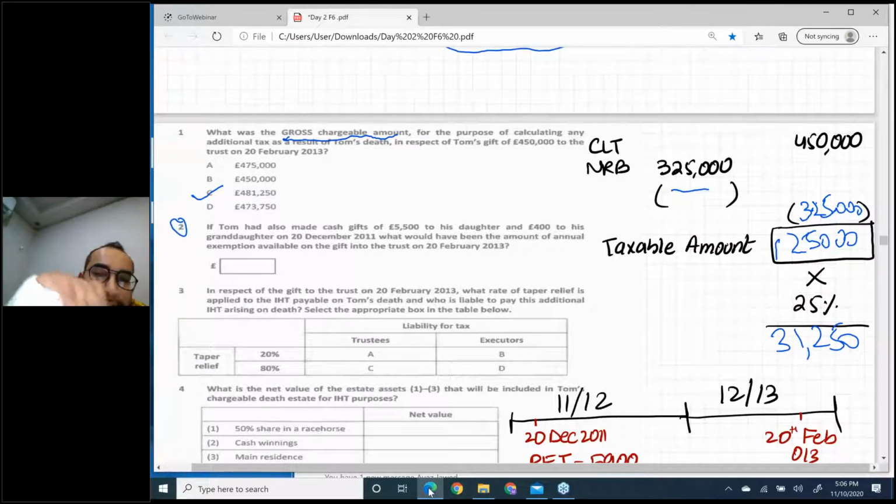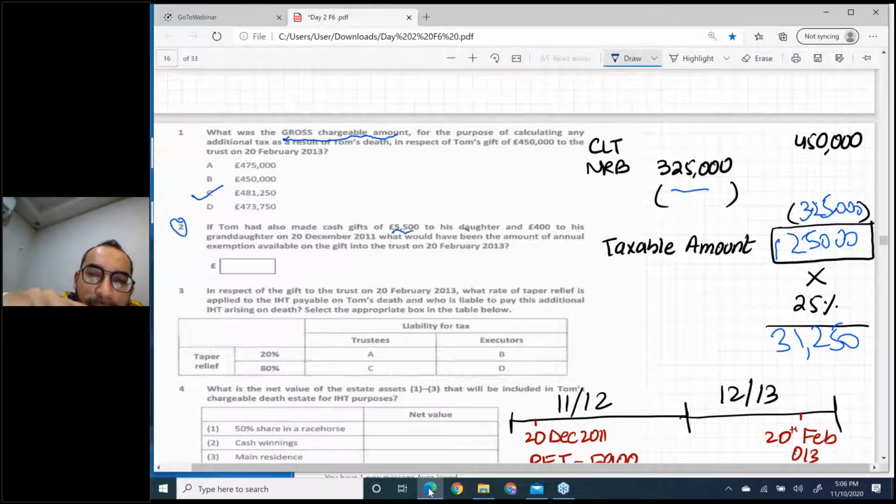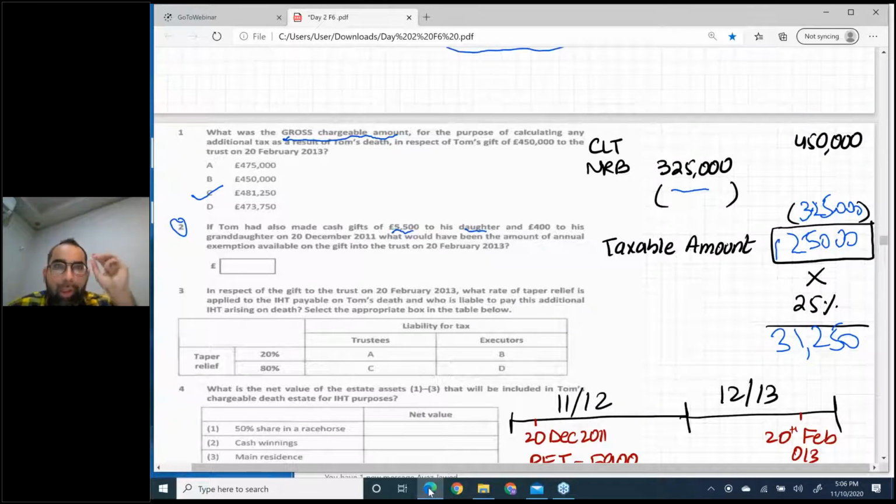If Tom had made cash gifts of 5,500 to his daughter, one person giving a gift to another person is PAT. And there is no marriage here, so no marriage exemption. This gift to the daughter is full-time PAT, and